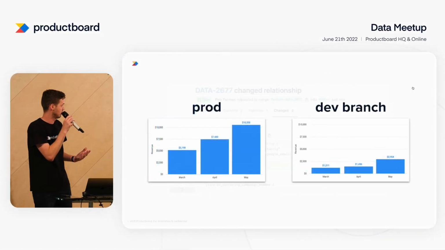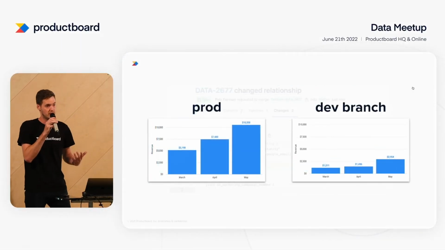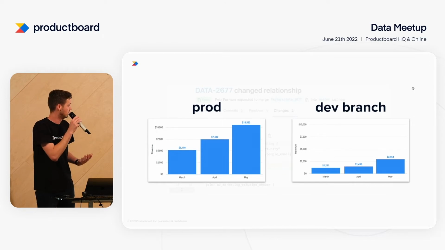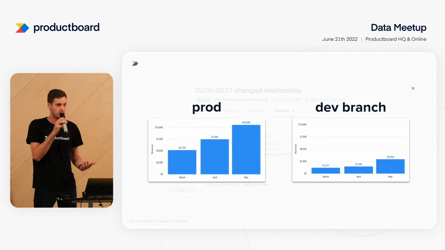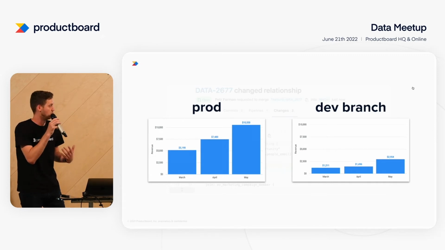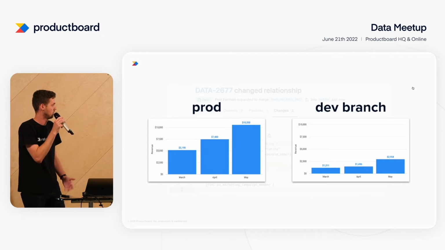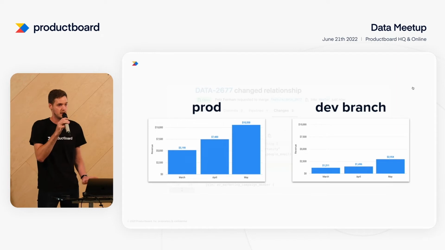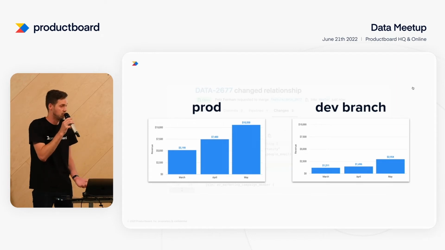You can see that production, which is with the left join, will return totally different data than on the dev branch. So I can decide if it's expected or not, and I can behave based on that. If I'm surprised, like, "Hey, I didn't expect that," I have to go and decide what's going on and why it's happening.